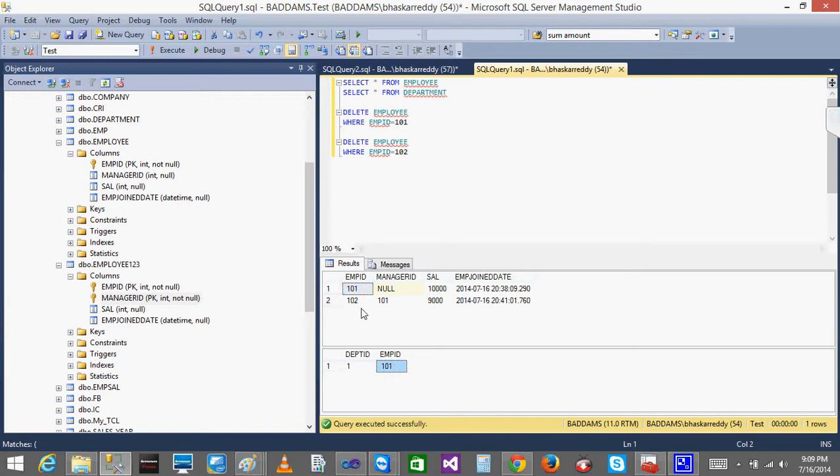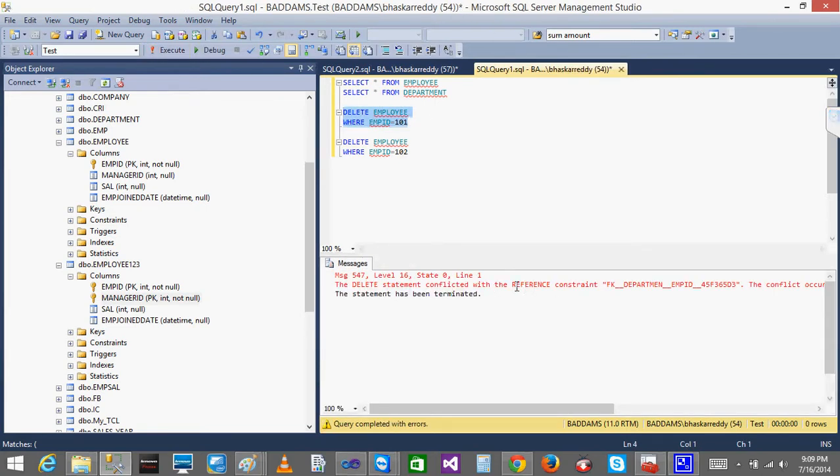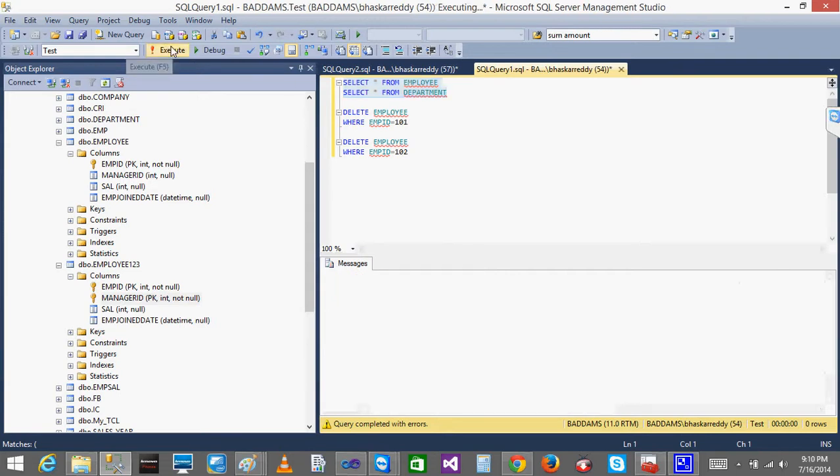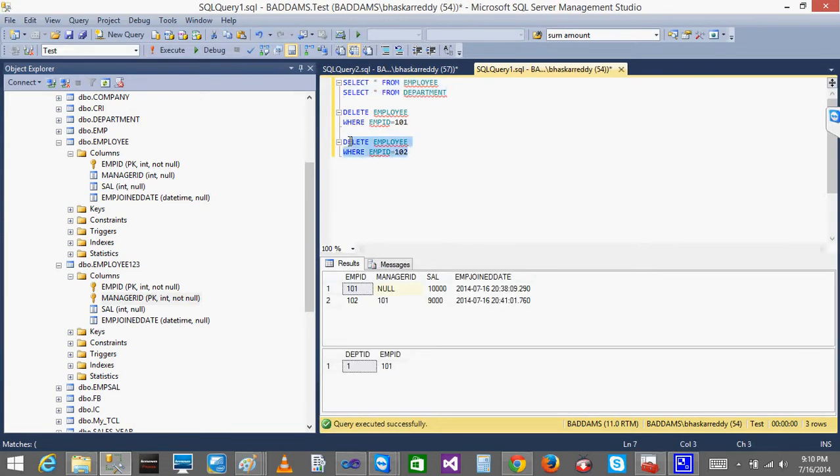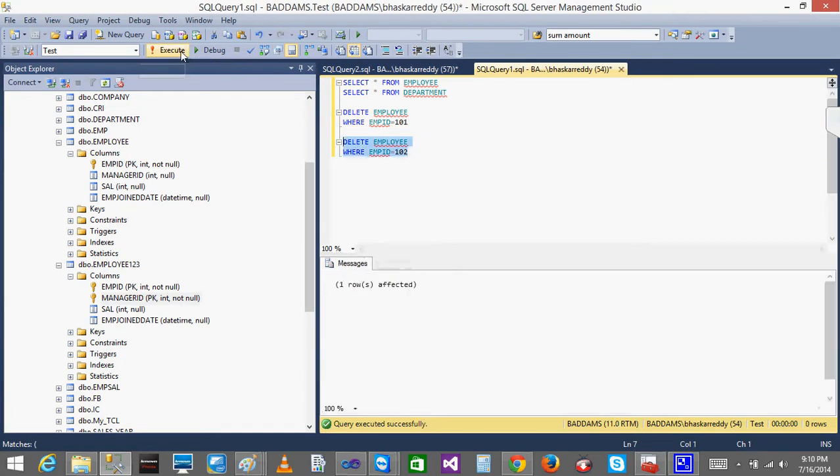If it is there, it will not delete. You can see there is a foreign key reference, so that's why it is not deleted. Now if I delete 102, it will delete. Now you can see there is no 102 here.